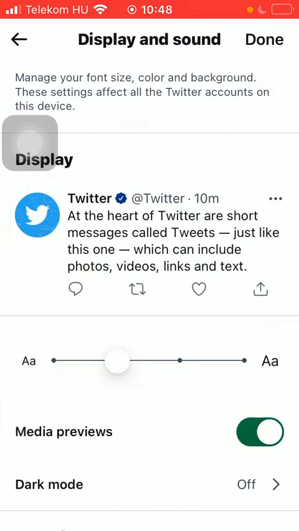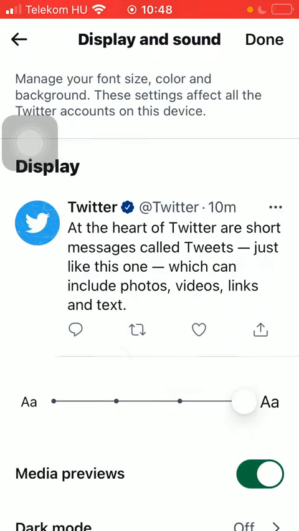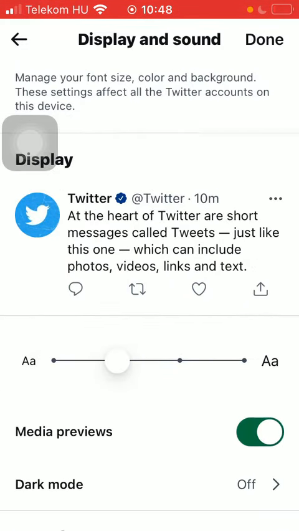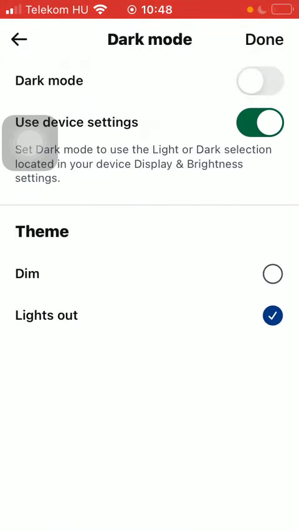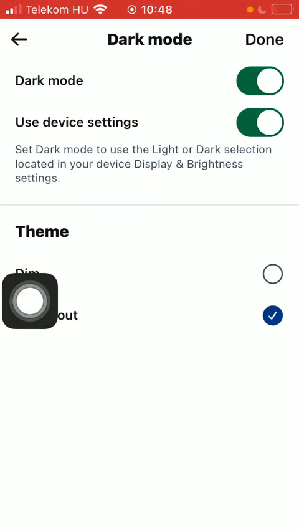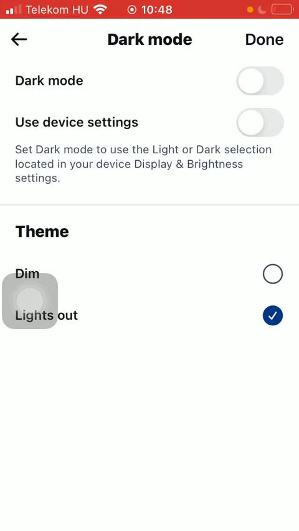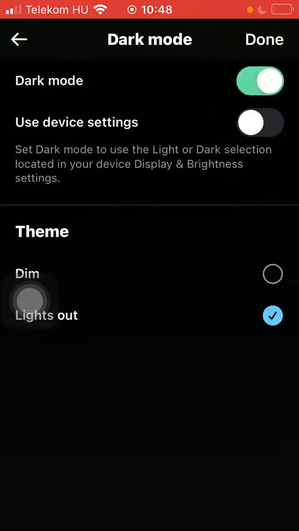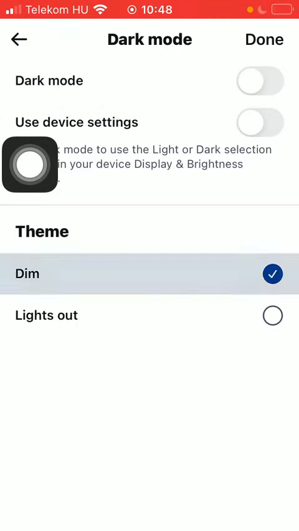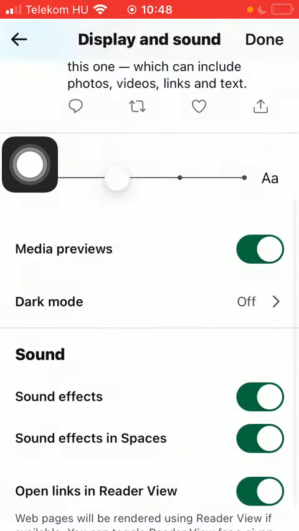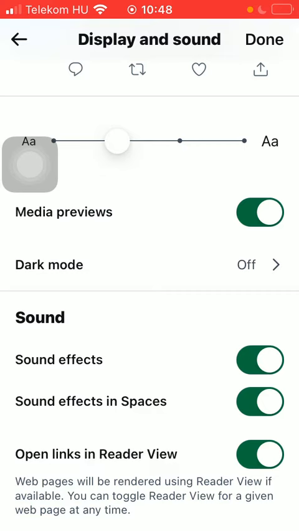Here you should select the font size on this scale. You can turn on the media previews function and also select the dark mode. As you can see, dark mode looks like this if you turn this on, and you can also select the theme such as dim and lights out. In the sound section you can select sound effects